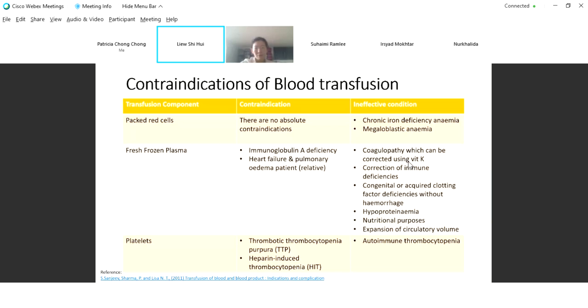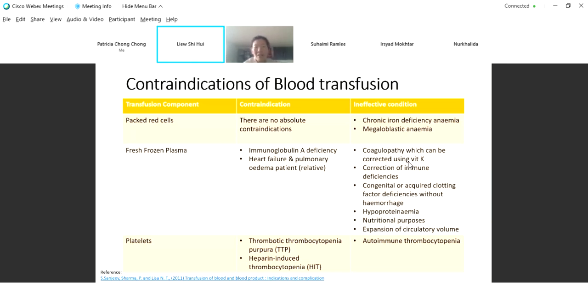Here are some examples of the transfusion components. For the first one, which is the packed red cell, it is indicated when there is a need to improve the oxygen transport and delivery to the peripheral tissue or organ, for example, in the symptomatic anemia patient. There is no absolute contraindication for packed red cells. However, it is ineffective if we transfuse in conditions like chronic iron deficiency anemia, in which we can use iron supplements to improve the hemoglobin in a safer way. And also for megaloblastic anemia, we can use hematinics. And then next, for the fresh frozen plasma,